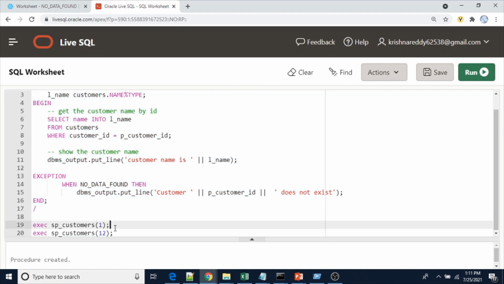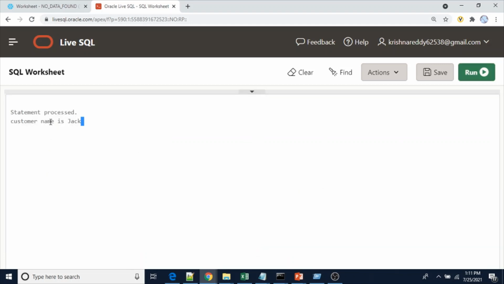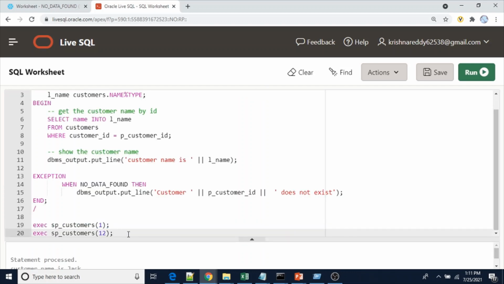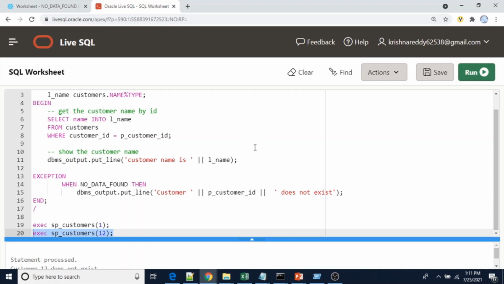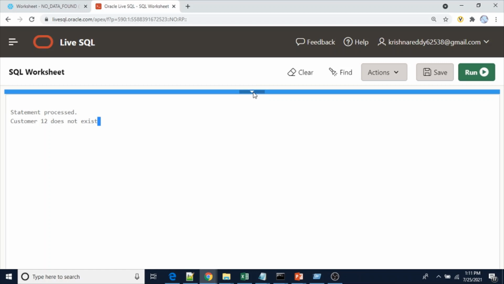Now I'm going to execute it two times with different parameter values. First with customer ID 1: the customer name is Jack. So we have got the output. Now I'm going to execute it with customer ID 12, and we will see "customer 12 doesn't exist". We have to see the same output from Snowflake.